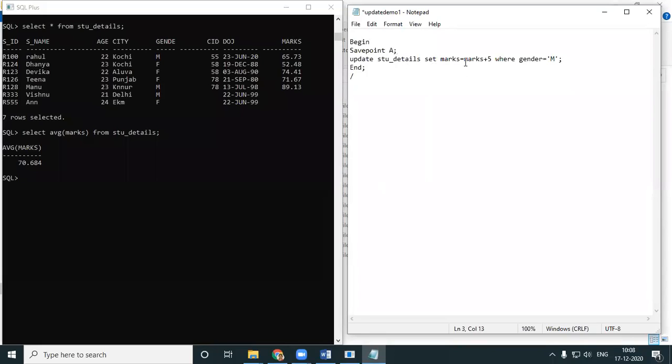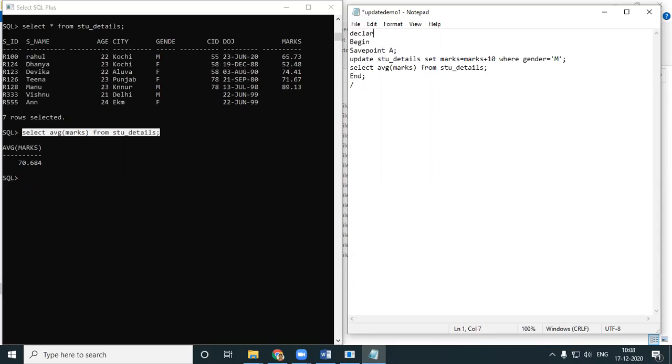Okay, update student details, set marks is equal to marks plus 10. They're telling give a mark increase of 10 for all the males. We even need to find out the select marks. We need to store it into a variable.